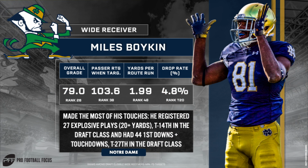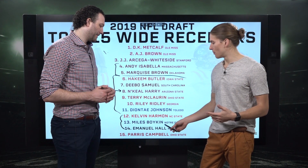Boykin's a little bit of the opposite in terms of great ball skills, fantastic athleticism, but for some reason, he just did not translate in terms of after the catch ability. Only 2 broken tackles this whole last season, despite having elite athleticism, and just the production wasn't quite there. Whereas Harmon very, very productive. So Boykin, still some projection with him, and Emmanuel Hall,